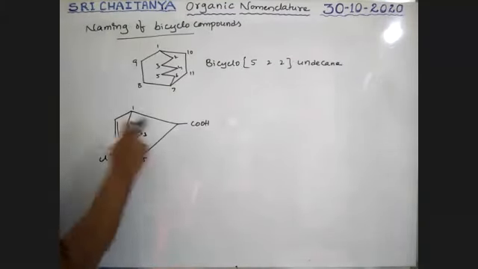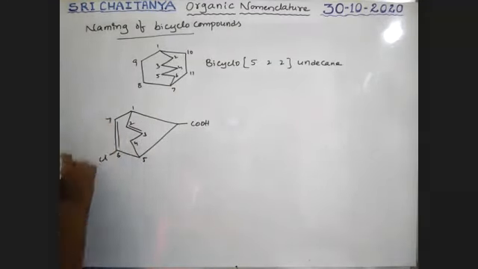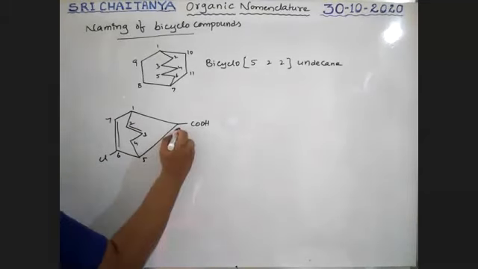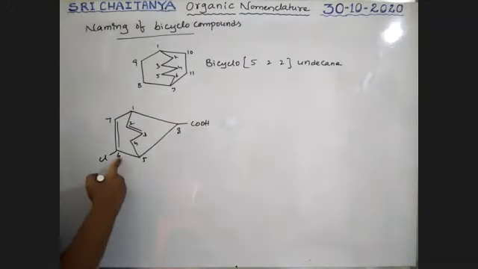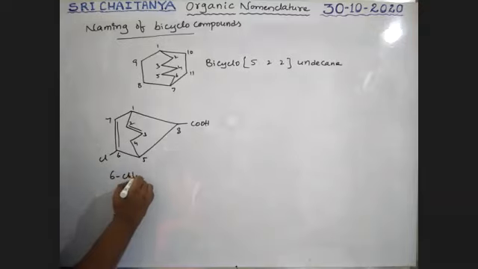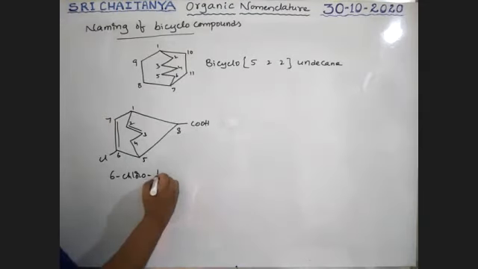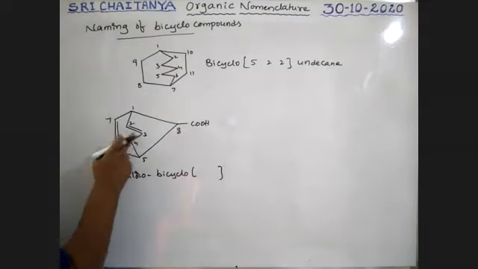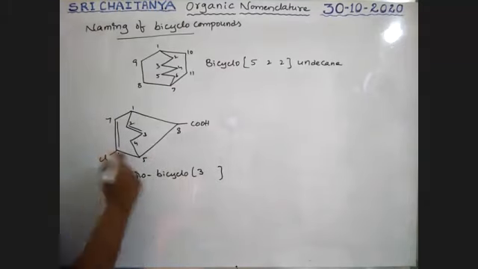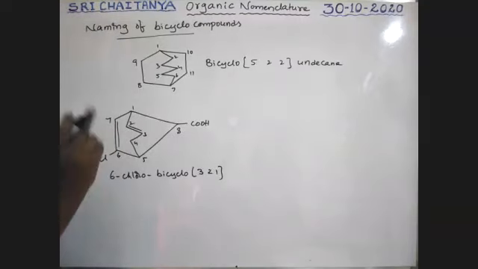Next, it contains 2 carbons, it contains 1 carbon. Now it is the second long chain. Therefore, it is 6, 7, 8. It is a position, boys. Now, what is the name of this compound? So at 6th position, 6 chloro. Next, at second and 6th position, 2 double bonds are there. Okay, bicyclo numbers, boys. So that is 1, 2, 3. 3, it is 2, it is 1. 3, 2, 1. At second and 6th position, 2 enes are there.